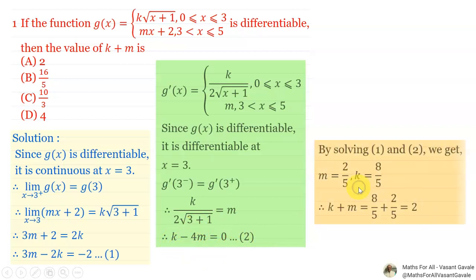Now solve equations number 1 and 2, then you will get m is equal to 2 by 5 and k is equal to 8 by 5, and hence k plus m is equal to 8 by 5 plus 2 by 5 is equal to 2, and hence option A is correct here. Okay, now the next example,